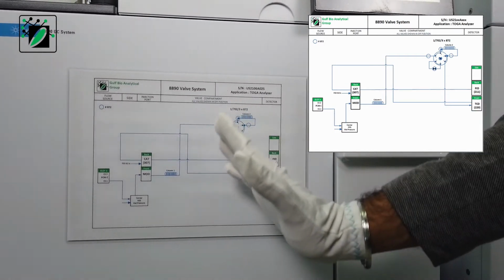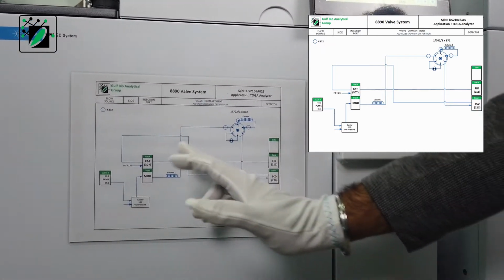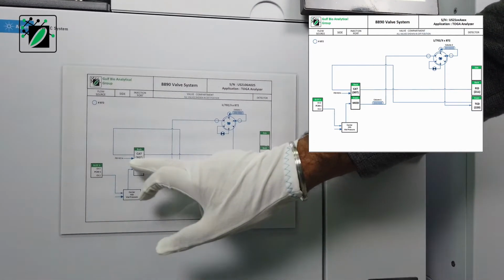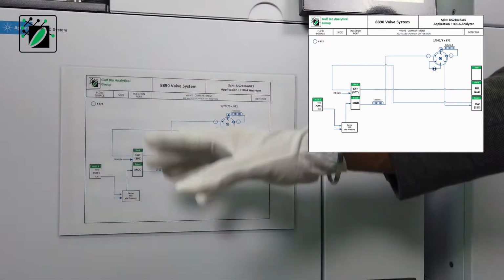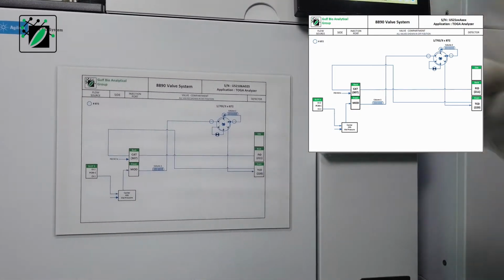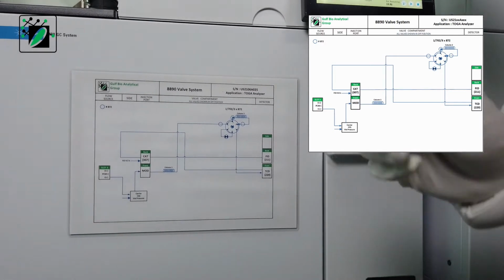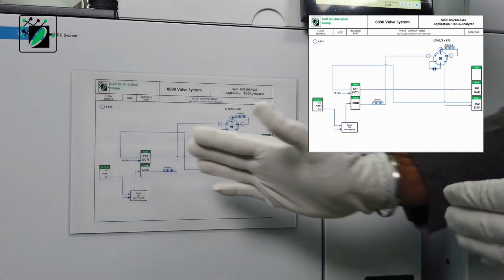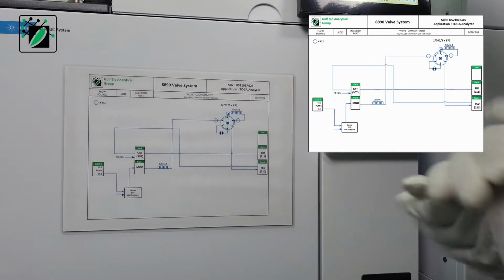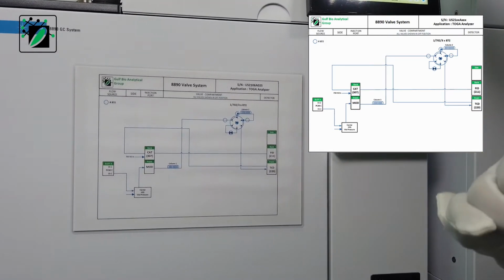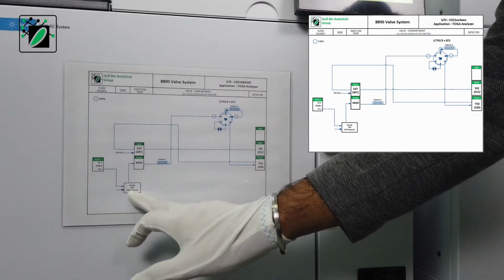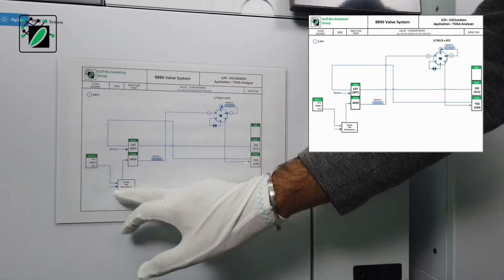Then you can see there is a special device built in here which is called CAT, a nickel catalyst. This is also known as a methanizer, to convert your low amounts of CO and CO2 gases to methane, so that we can detect them on a FID detector at a very low concentration, which could be in the ppm range. This whole analyzer is connected here with the headspace analyzer.